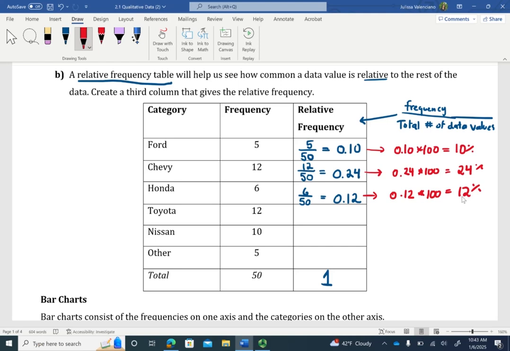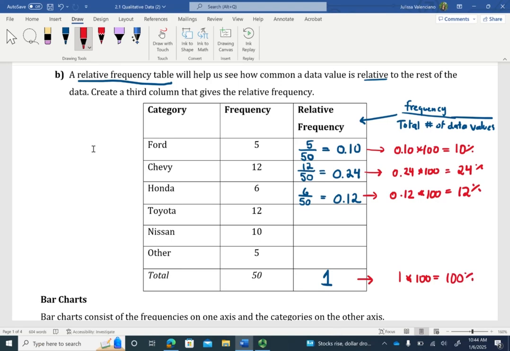So again, the relative frequency is a proportion of data values that land within each category. And again, it might be helpful to convert this to a percentage to help you see what percent of the data values are within each category. So when we say that these relative frequencies add up to 1, we're saying they should add up to 1 times 100, which is 100%.